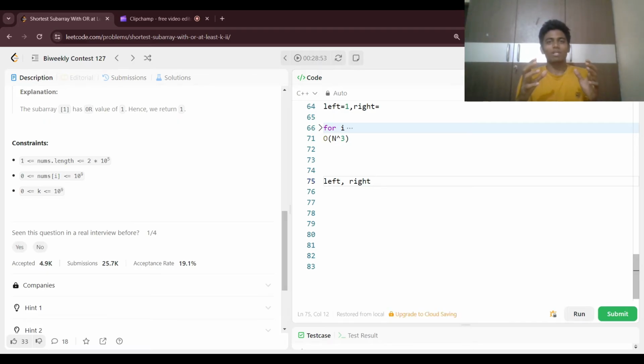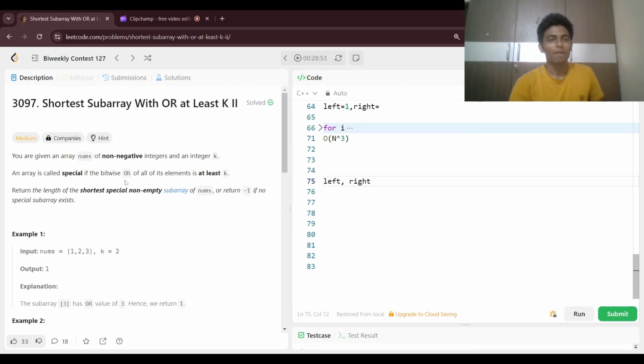Now whenever I say the bitwise OR operation of all the elements is at least k. Now we'll start the left and then right to here. Now let's say the left, the temp variable, whatever the current number is less than k, then we are going to increment the right, and then we are going to add the number